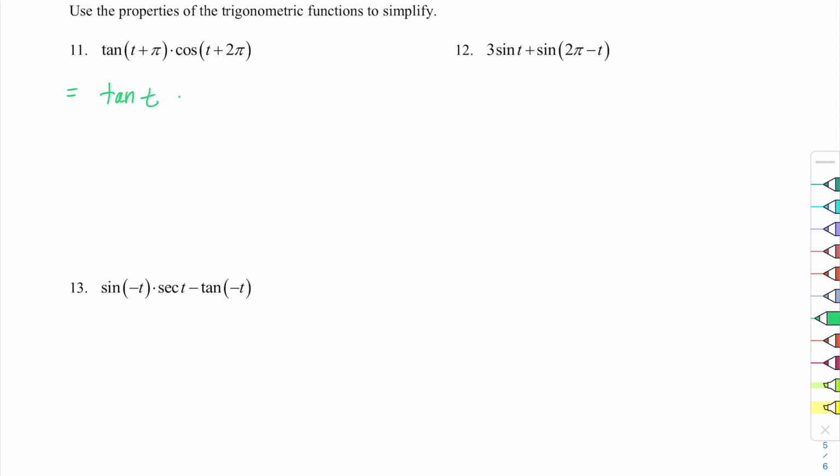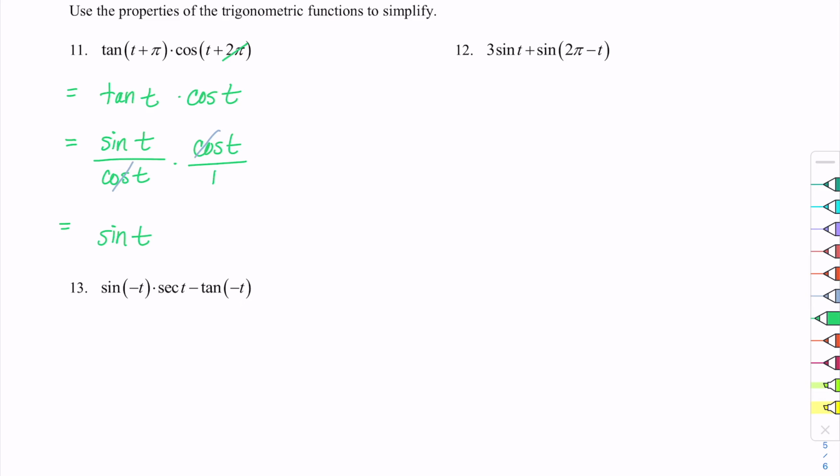And then we're going to multiply by the cosine of t plus 2 pi. Of course, when we add 2 pi, we're back exactly where we started, okay? And so that's equal to, let's go ahead and use sine and cosine. We can place the cosine over 1, and that works out very well,